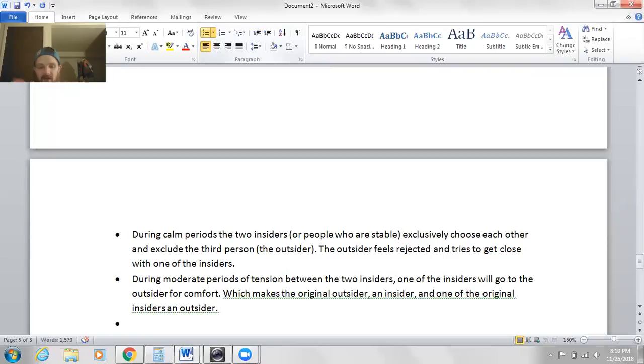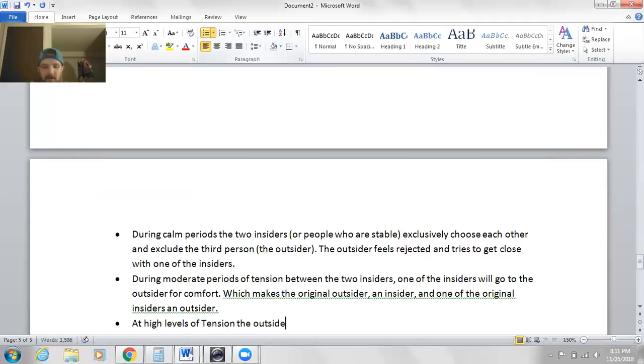So more or less, in moderate tensions, one of the people that were cool goes to the person that felt rejected, and they create a group, and then one of the people that there was no conflict with now becomes the outsider. And then at high levels of tension,